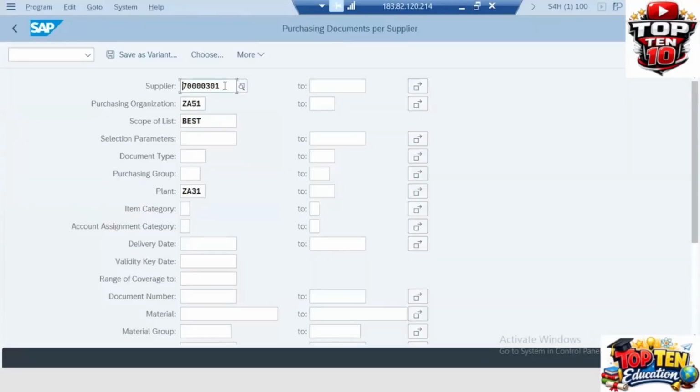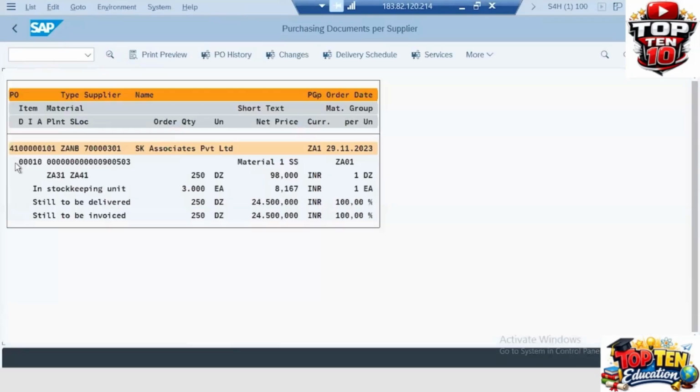So just maintain your supplier, execute, and see. One purchase order is available, number 41591010. Document type ZAMB, vendor 700000301, purchasing group ZA1, date of creation today's date,